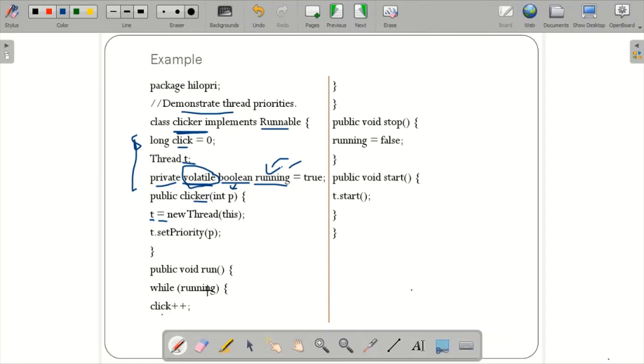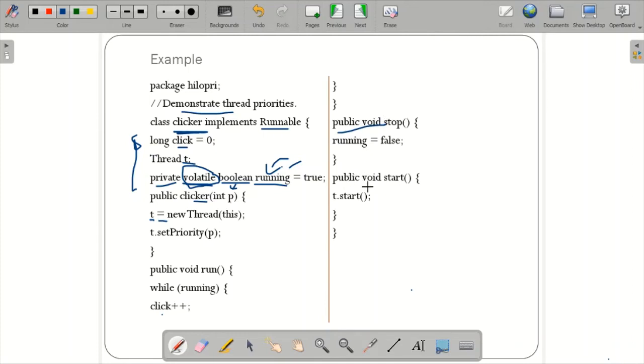Okay, so you go on clicking. After that, what will be the stop? When you call the stop method, your thread is dead, or completed. You forcefully make the thread terminate. If not, the thread completes its execution. Otherwise you're telling the thread is dead, you're killing the thread. So you should set running equal to false. That is what is happening in public void stop.